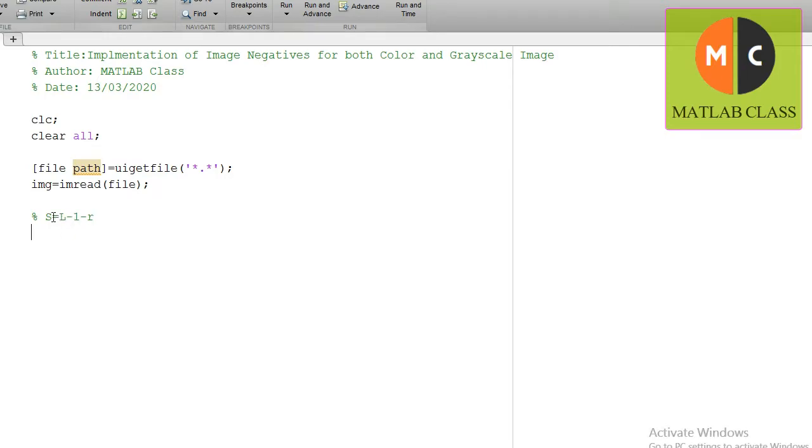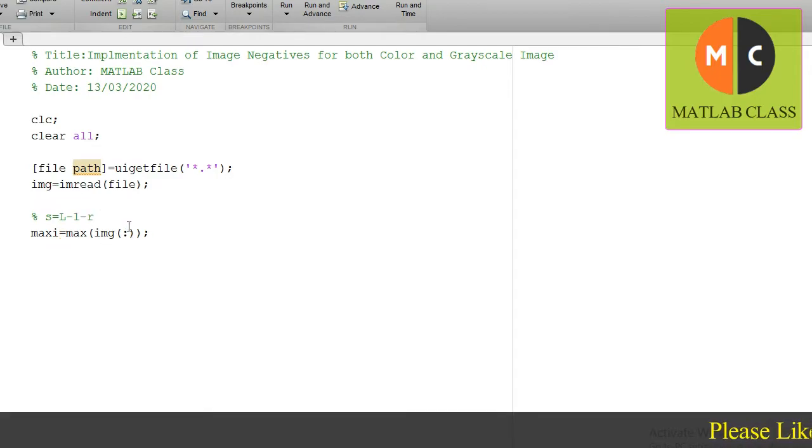In this case s is your output, L minus 1 is nothing but the maximum pixel value present in the input image and r is your input image. So I just want to find out the max pixel value present in the input image. With the help of the max command we can find the max pixel value. So my variable maxi is equal to max(img(:)). It means that from all rows and all columns you have to find the max value.